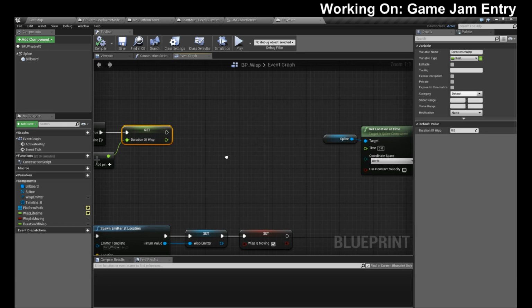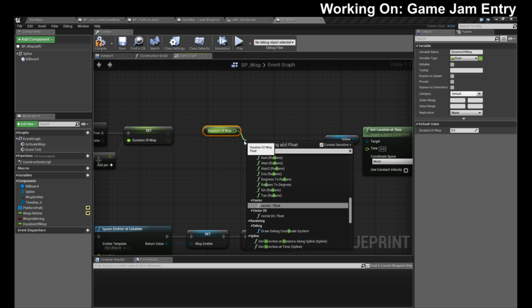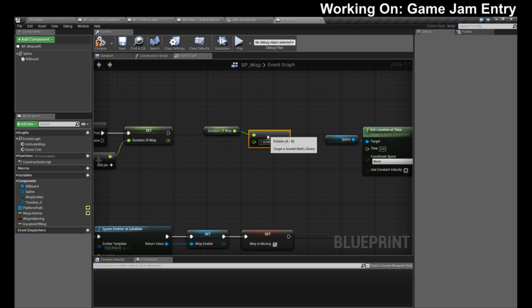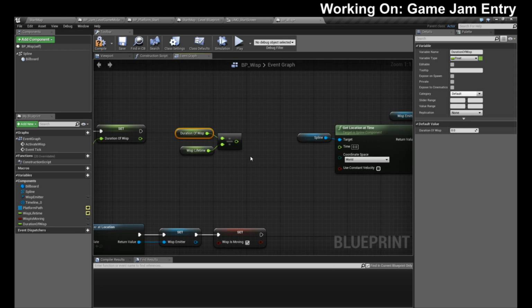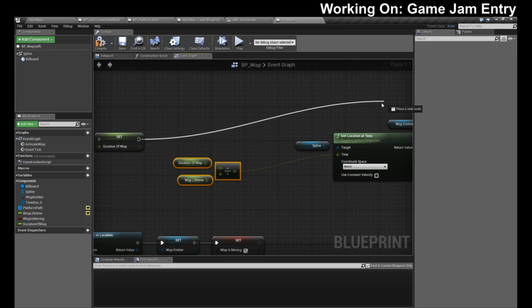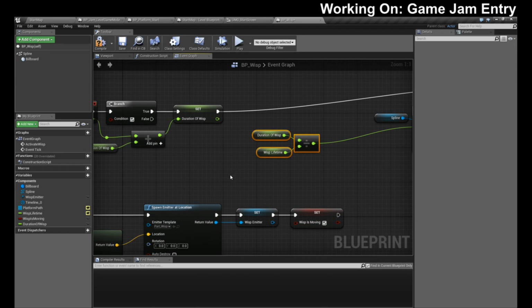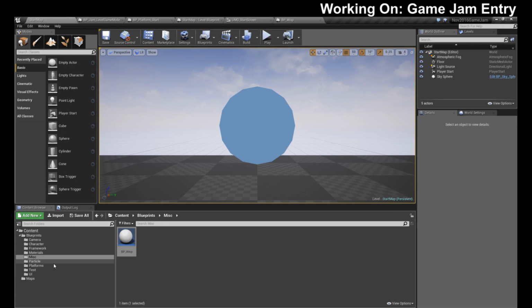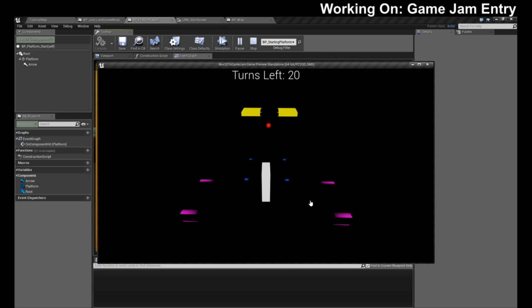Okay. So we need to take the current duration of the wisp and divide the lifetime, and we get a value. Now, whether these are the correct order to do it is where I fail miserably. But in theory, I literally have no idea what's going to happen. Let's find out on our tutorial map. Oh, something sure as hell happened.